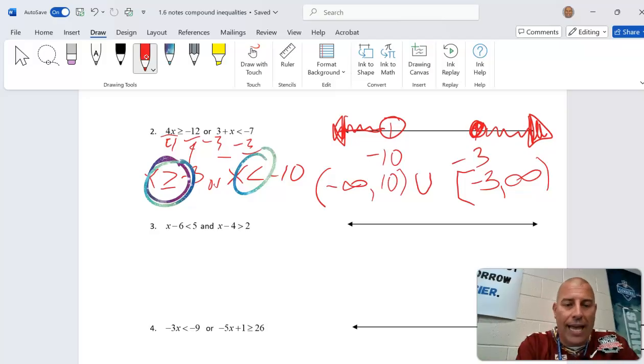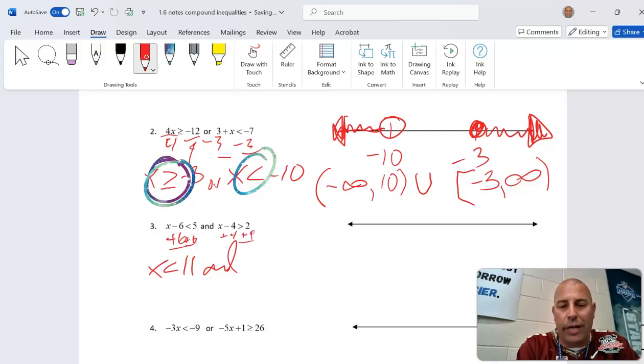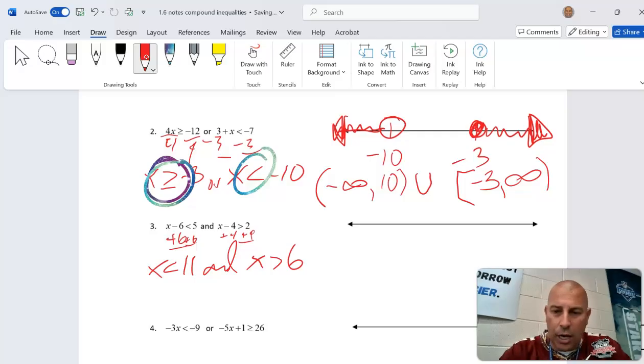So we'll go ahead. Hey, let's add the 6. No big deal. x is less than 11. All right. And let's add the 4. Add the 4. Okay, so x is greater than 6. All right, so get my 6 down there, get my 11 down there, because those are my key terms that